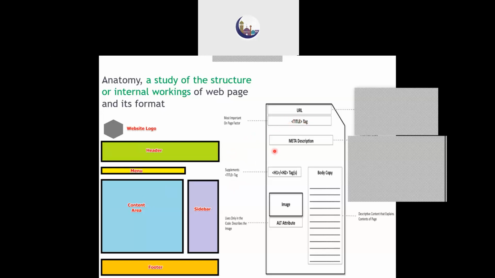Then in the background, it will also have a meta description, which tells what tags or words are associated with the page, so that when such a word is searched in Google, this web page will pop up in the list of search results. If we don't associate any meta tags with this web page, then it will not be searchable.